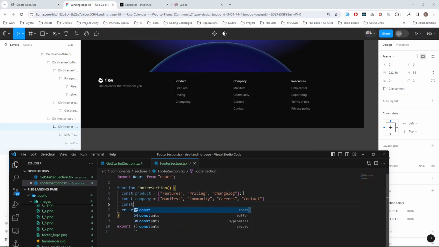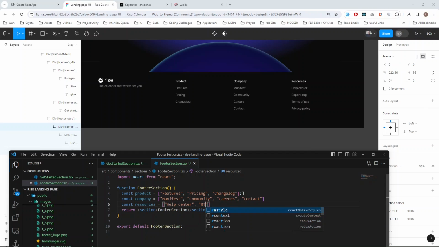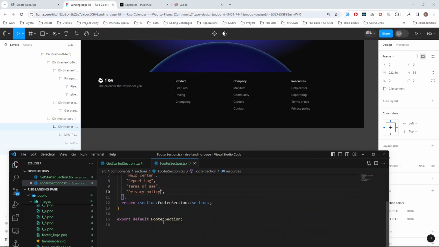And then we'll go over to resources. We have the app center. So we have the reports bulk. We have the terms of use. Then we have the privacy policy. All right. So then in this section, what we want to do is we just have our own div,